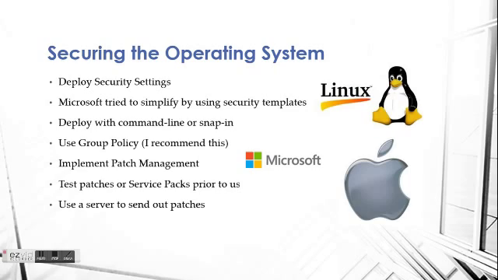These different things, files that they don't need to be looking at, files in their computer that they don't need to be changing. A simple user of a computer does not need access to the Windows folder, for instance. Are you going to allow that to be available to everybody? The next thing to do is to deploy with command line, or a thing called Snap-in. Now, Snap-in is real simple in that it is basically software that provides administrative capabilities for a device,